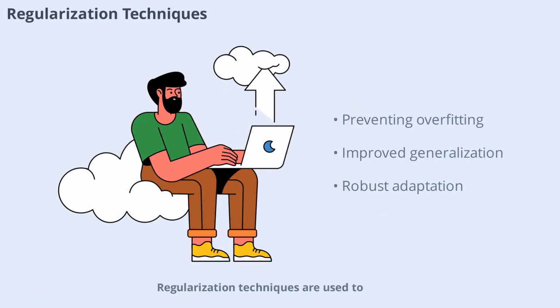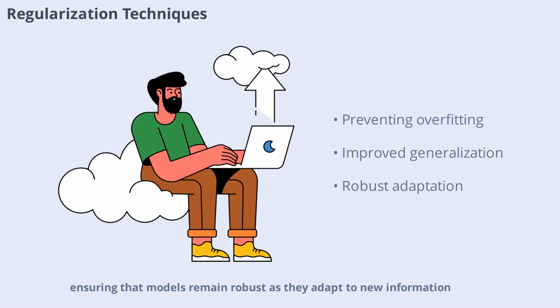Regularization techniques are used to prevent overfitting and improve model generalization. Methods like dropout, weight decay, and early stopping help models avoid memorizing the training data and instead learn patterns that generalize to new data. Regularization is a fundamental part of model evolution, ensuring that models remain robust as they adapt